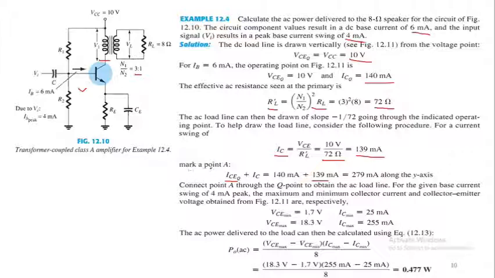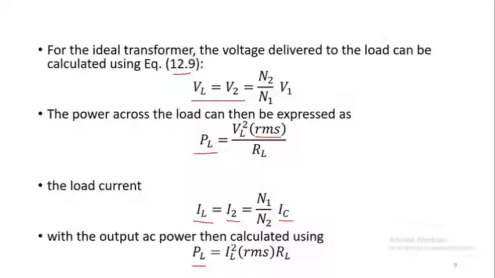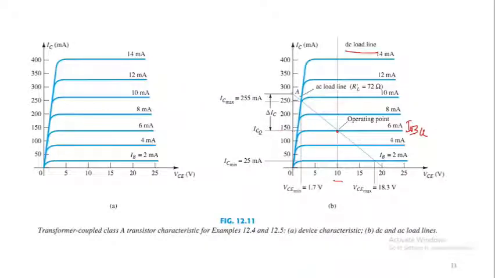So we can mark a point A, which is ICQ plus this calculated IC, that is equal to 140 milliampere, जो कि आपके पास ICQ है, plus this 139 milliampere. So 279 milliampere, इस वैल्यू पे आपके पास ये पॉइंट बन रहा है 279 मिली एम्पेयर